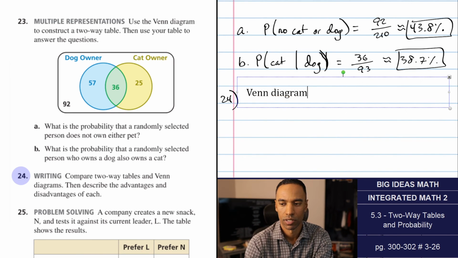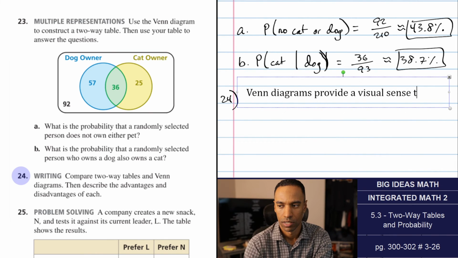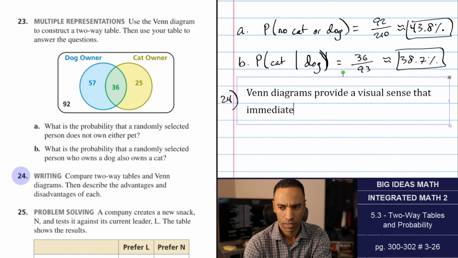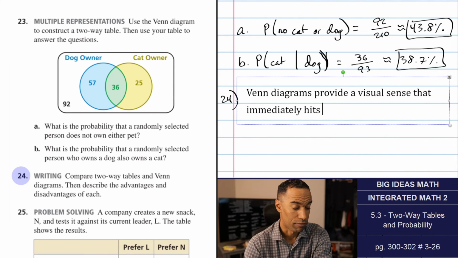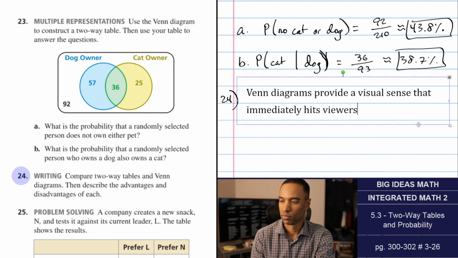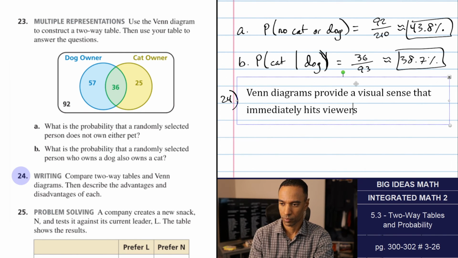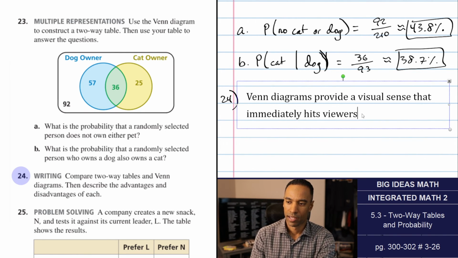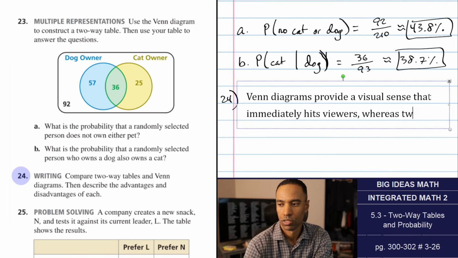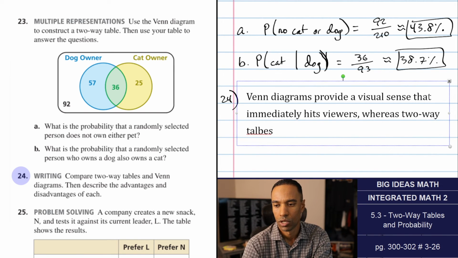Venn diagrams provide a visual sense that immediately hits viewers, like statisticians, whereas two-way tables require more overall interpretation. I'd say that, however,